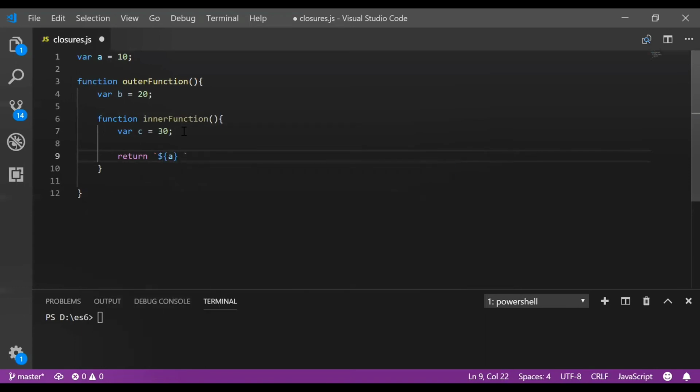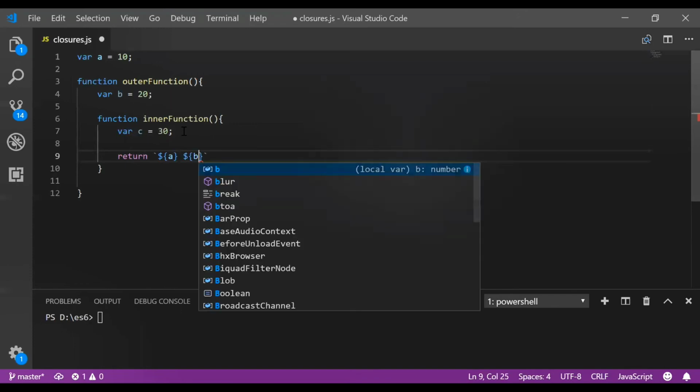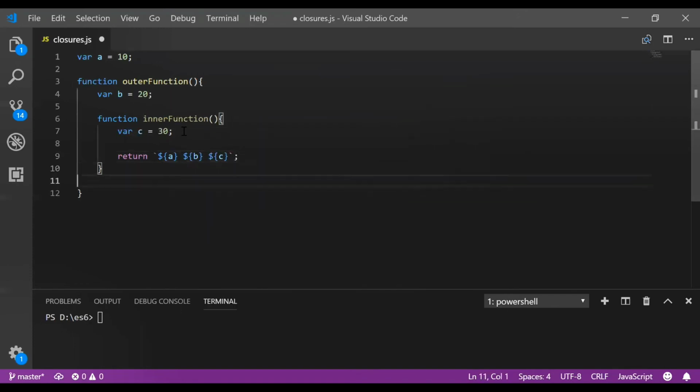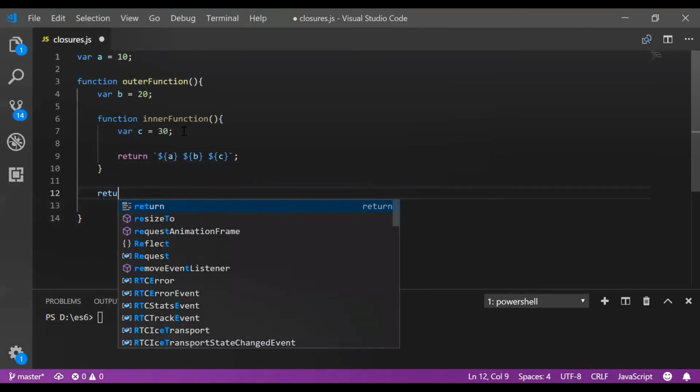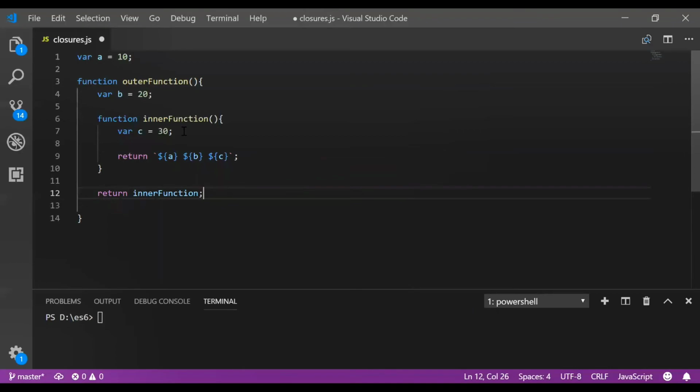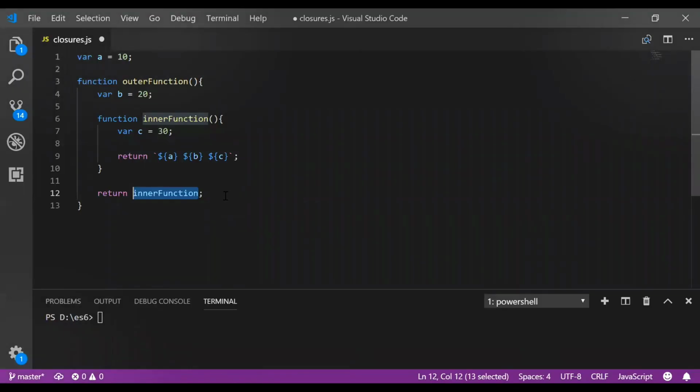We will return a, b, and c. Now let's call this function outside and check the result. The basic purpose of a closure is to call it anytime, so we are not calling it immediately. We are going to return the reference of the inner function.